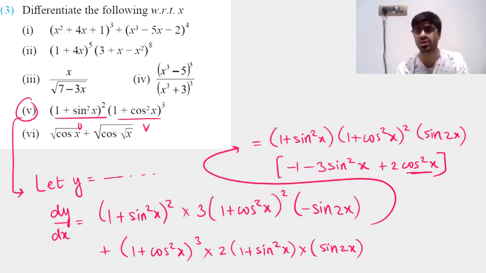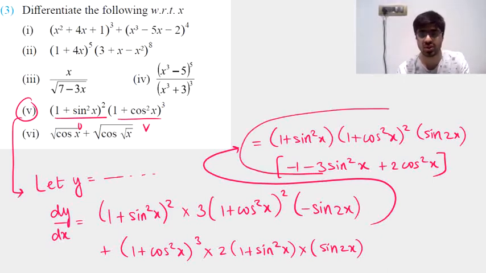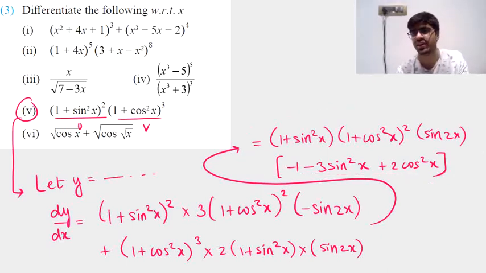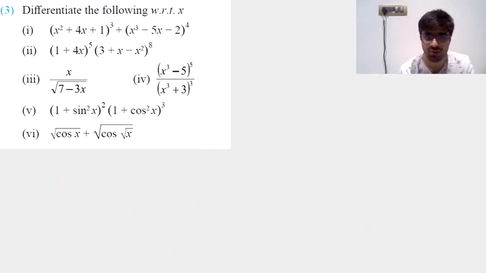You can do the same thing with cos square x also, that is, write it as 1 minus sin square x and bring all the terms in sin square x. But again, it's all a simplification part only, just a rearrangement of terms here and there, and that simplification again is something that you can manage by yourself. So this is going to be the final expression of dy by dx for that 5th question, and with that we go ahead with the 6th one.